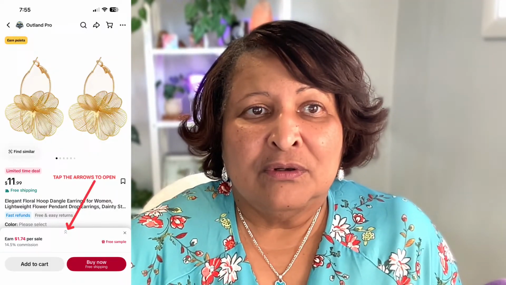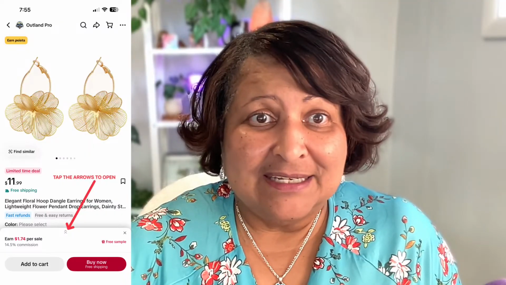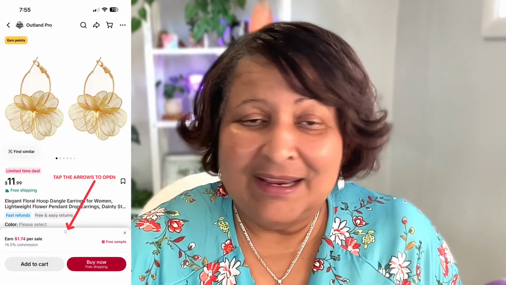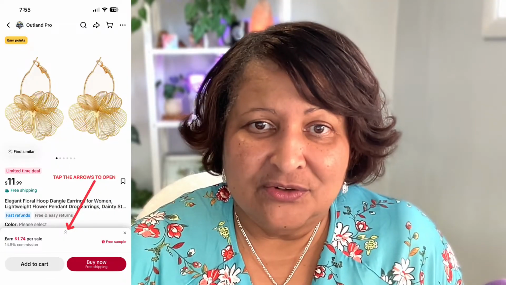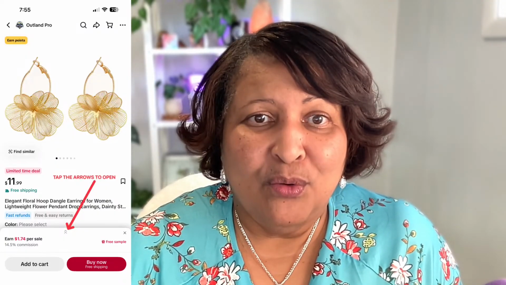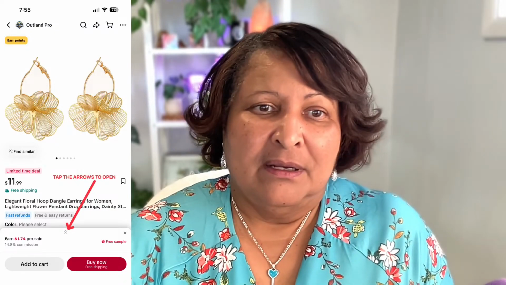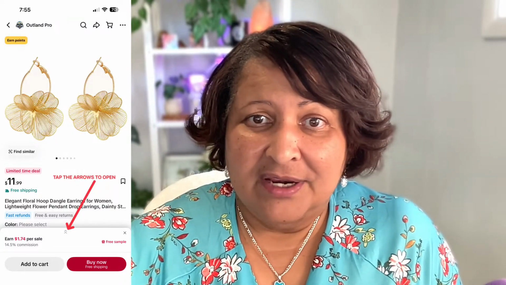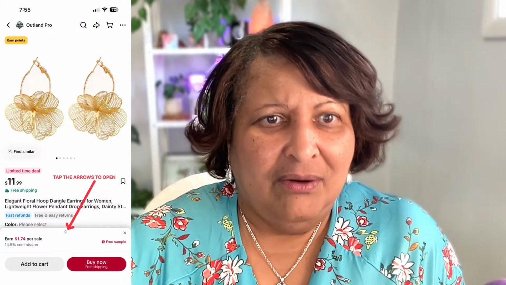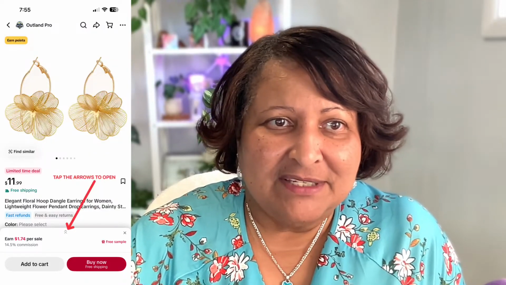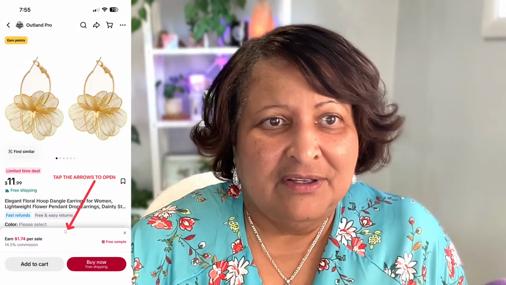But this little thing here is what I did with the earrings. But all this time, for over a year, I didn't know that all I had to do was tap and hold on these arrows, and that would bring up. Because, see, I see buy now and add to cart. And I'm like, no, I'm not buying. First of all, I already got the earrings. Okay? So I'm off doing something else now. Let me go back to Amazon, because y'all keep trying to sell me stuff. No, and all I had to do was tap on the arrow,